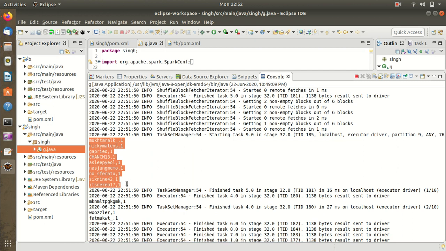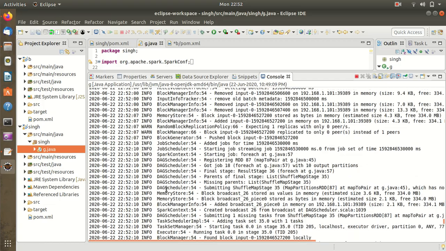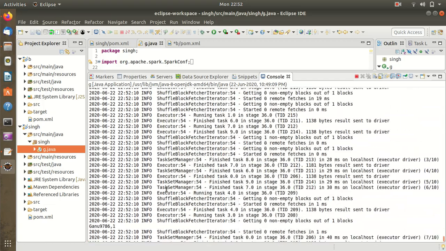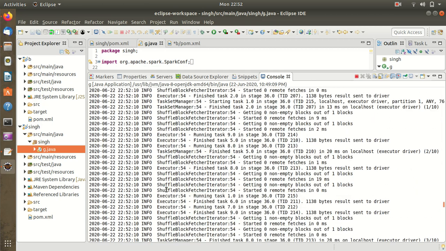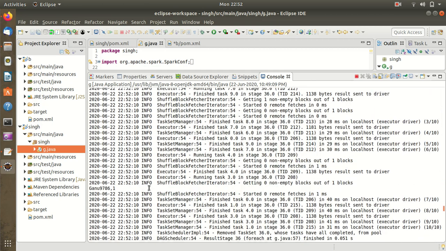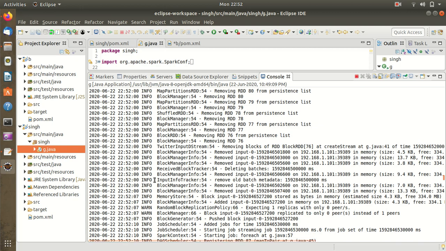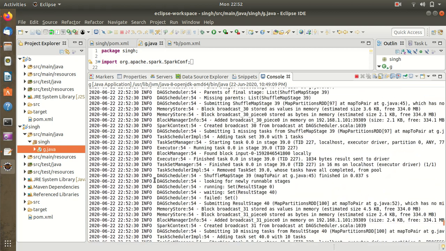As I've already said, we cannot actually do something in this case, because everything is connected. When Twitter sends you data, it will just print it on the screen, and it is also determined by your strong connection. You can see a lot of things are coming up here. It will run forever. We got answer 1 here as well, GNU 9786,1. A lot of things are coming up, and it will run forever until you switch it off.